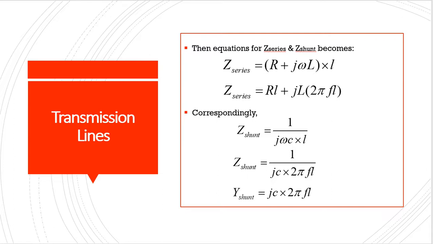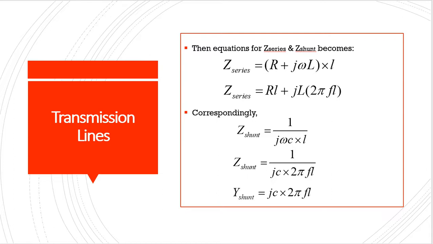Correspondingly, we have to calculate the value across the Z shunt. In order to calculate this value, we know that all the connections that are in parallel, they will be dealt with like this: Z shunt is equal to 1 over j omega c into L, right. As you know that the reactance across each capacitor is represented by